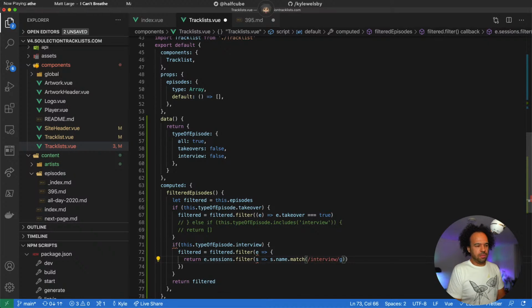It's global, and that's going to bring us back a, oh, we can do the test. The alternative way is a regular expression, interview and G. That's one way, and it'll test that the string contains that.